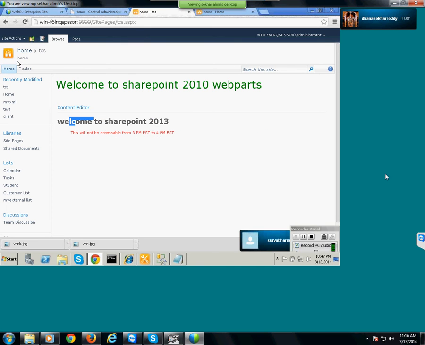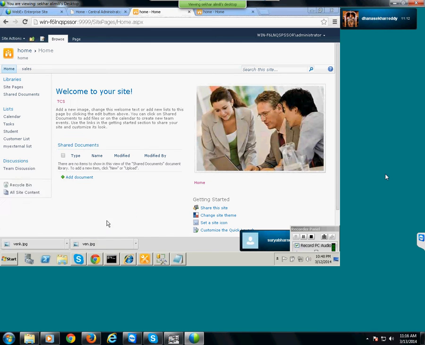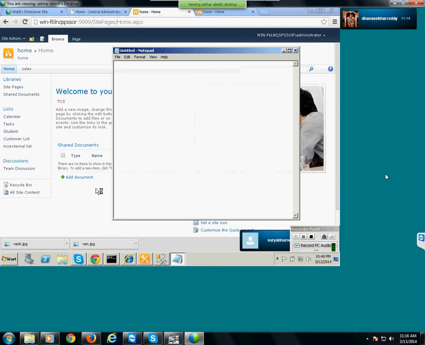The other way is, I am going to create one text file. HTML, H1, like welcome to SharePoint, H1. Next, font color equal to red.